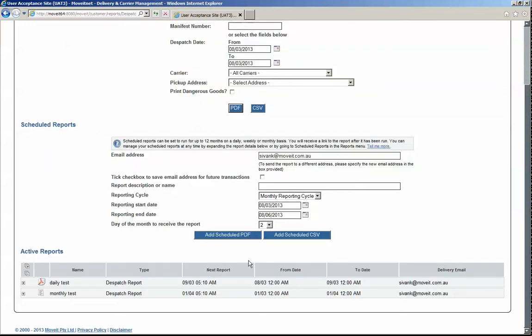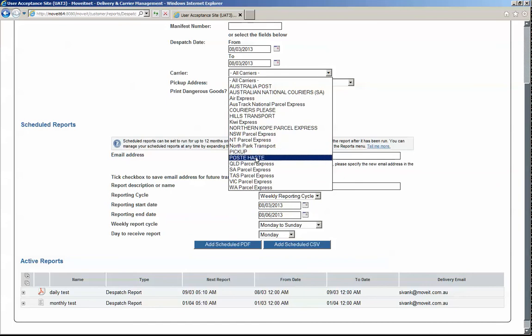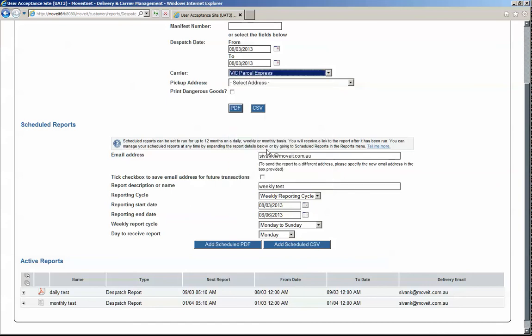Now for my last scheduled report test, I'm going to add a weekly report. And this time I'm just going to select a carrier. With any weekly scheduled report, we're required to select what kind of week we want the report to run. So we can pick any 7-day period that starts at any time of the week, or we can pick the Monday to Friday 5-day period. So I'm going to select a Tuesday to a Monday,